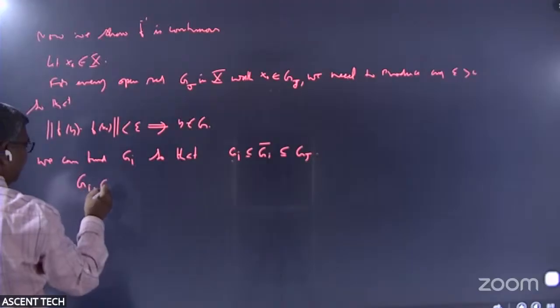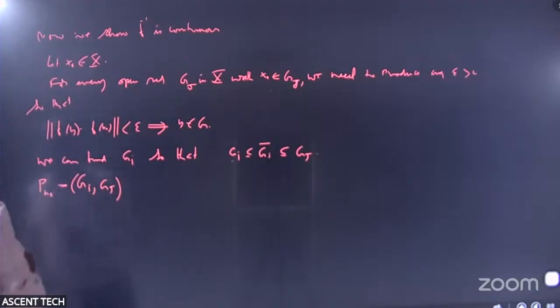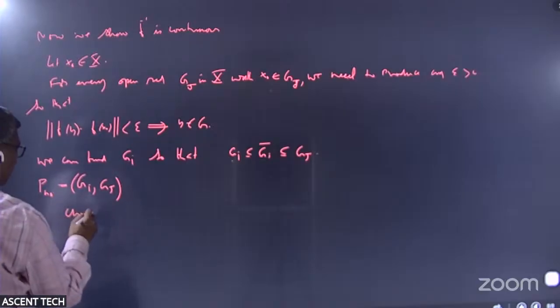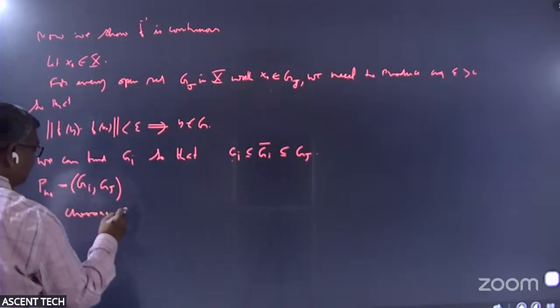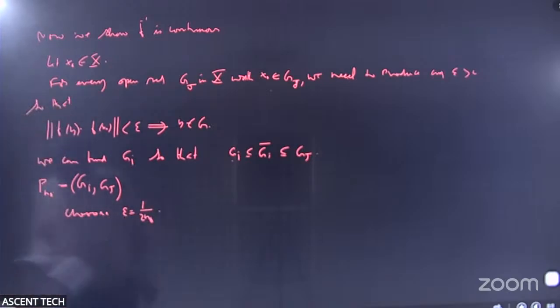It has its own name, maybe that is P_n naught. And he says choose epsilon to be 1 by 2 n naught. If you take epsilon to be 1 by 2 n naught, anything less than 1 by 2 n naught,